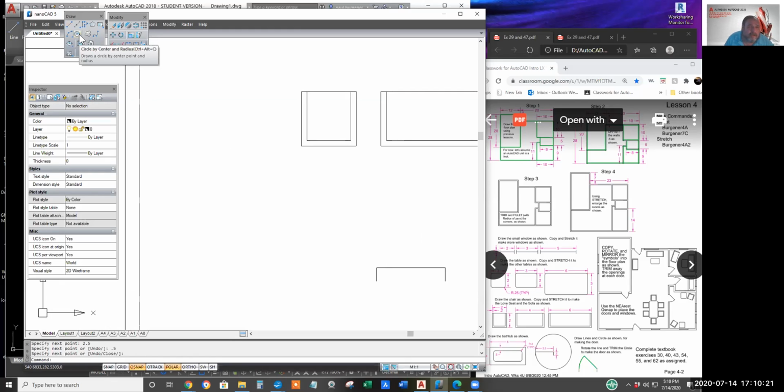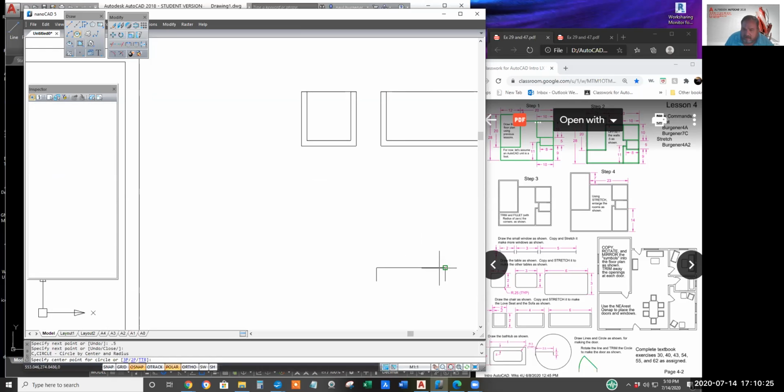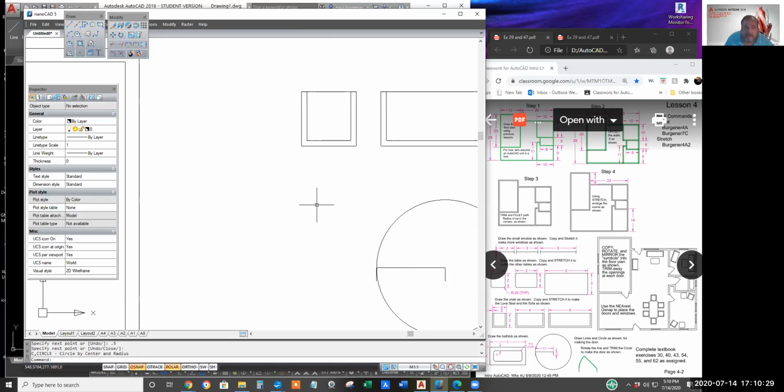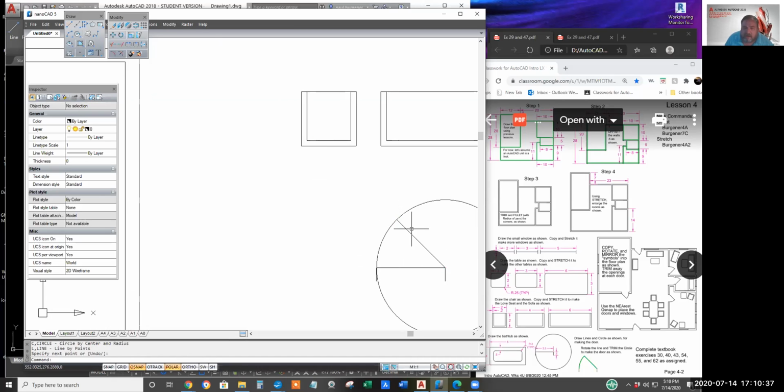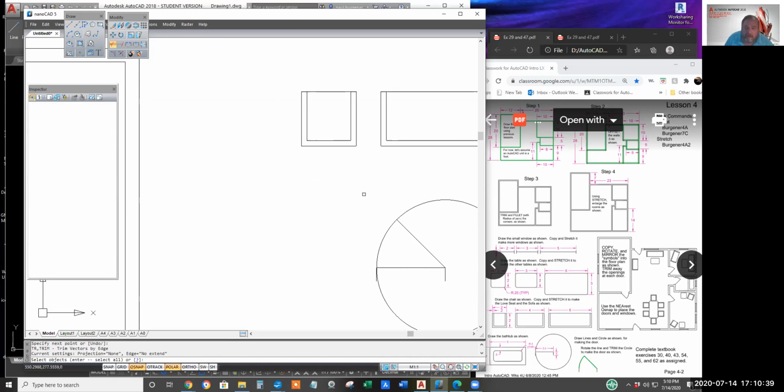We'll launch the circle center radius icon. We'll draw a line at 45 degrees, taking advantage of our polar tracking. And we'll trim away and erase the garbage.